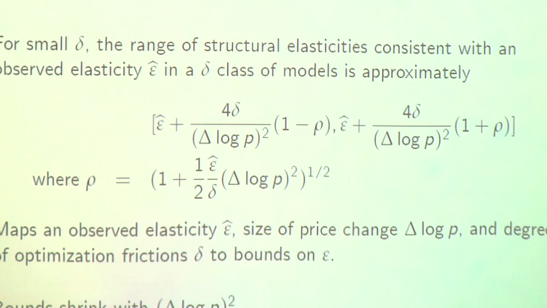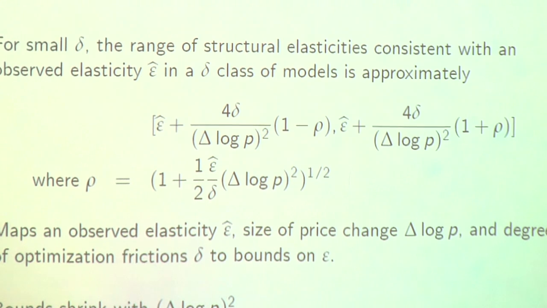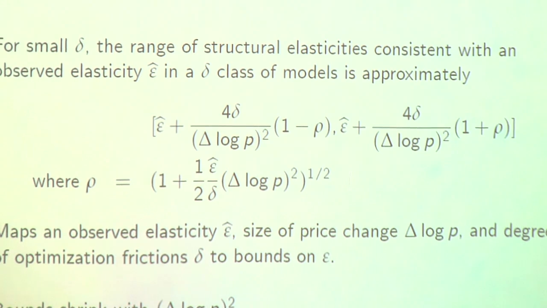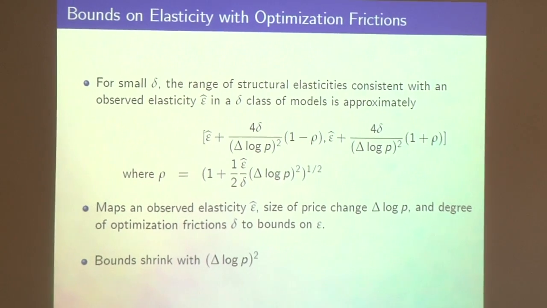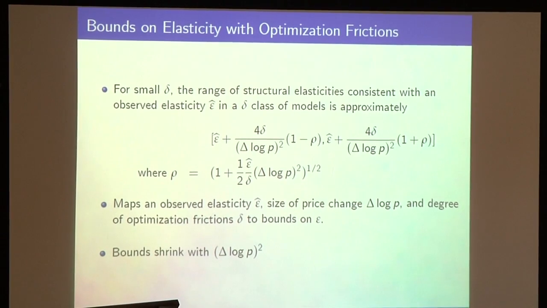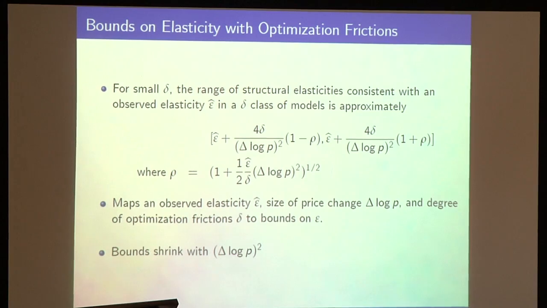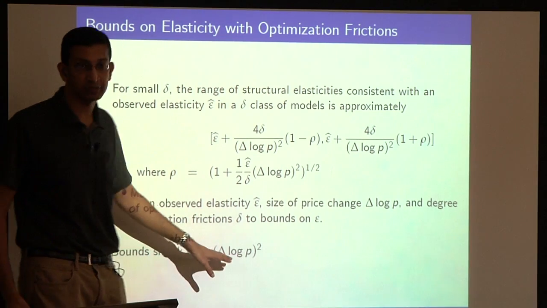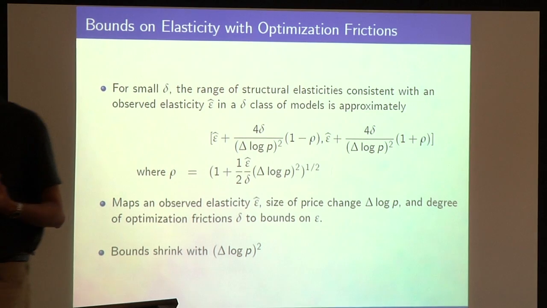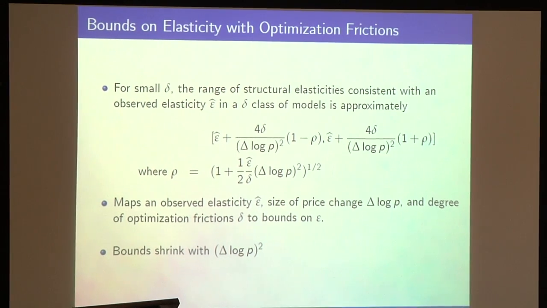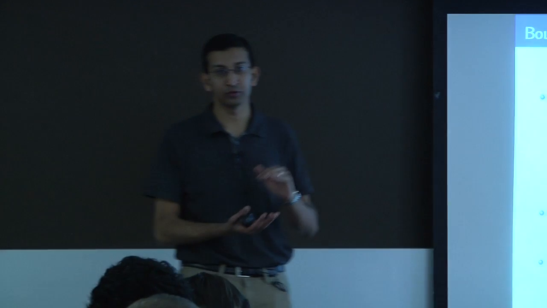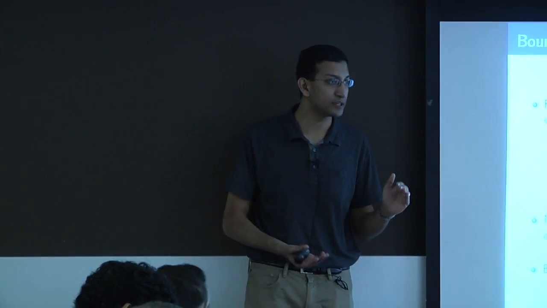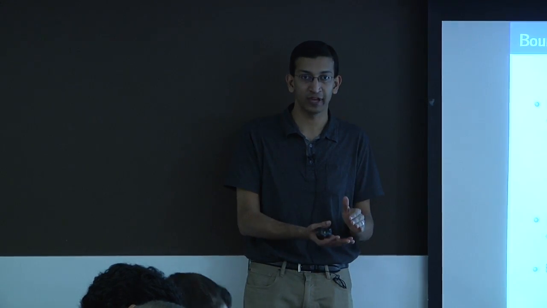And so this gives a simple principle that I think is useful in empirical work. From the perspective of maximizing statistical precision, you might think that it's useful to pool lots of small price changes. That's the idea of the Gruber and Saez paper, where they take all tax changes over a 20-year period to estimate elasticities with as much precision as they can. But from the perspective of dealing with frictions or inattention, you would rather have a couple of very large price changes than lots of small price changes, because those few large price changes are going to overcome these frictions and give you a lot of information about the structural elasticity.